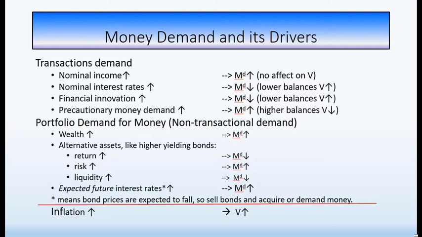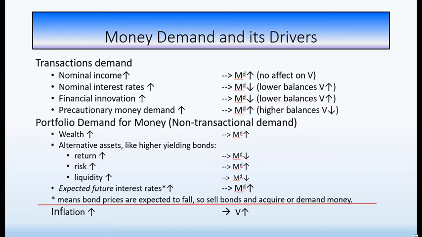But precautionary money demand can actually drop. And you might ask, well, how would that be? Well, it's connected to financial innovation. So think of lines of credit. So people and many businesses have lines of credit. That means you have access to funds, immediate funds, if you need them. So you don't actually have to hold money in your pocket or in a checking account at the time. If you run into problems, you're just going to draw down on that line. And so you can see that innovation and precautionary money demand actually tie together.